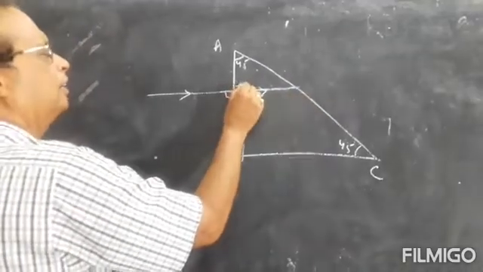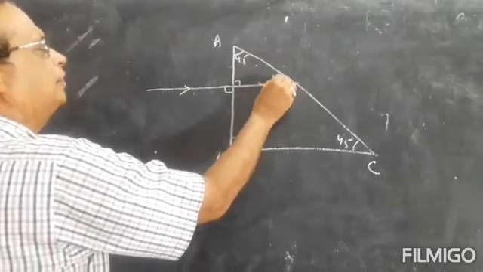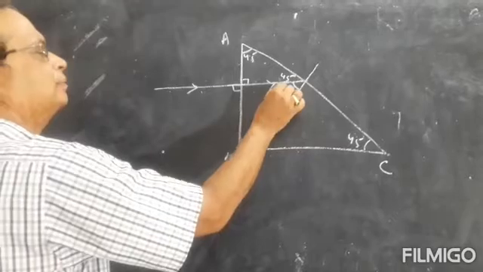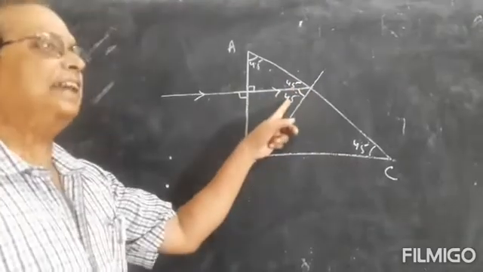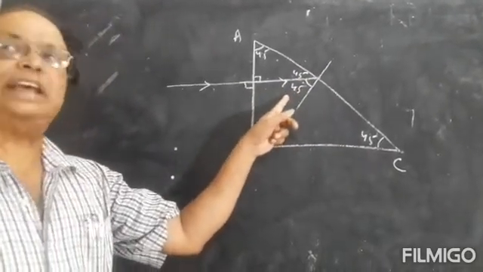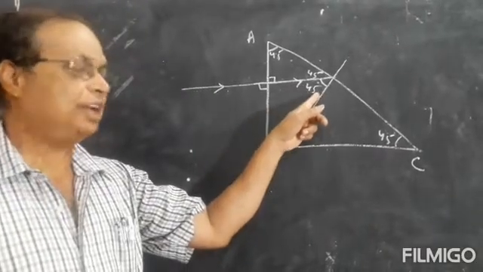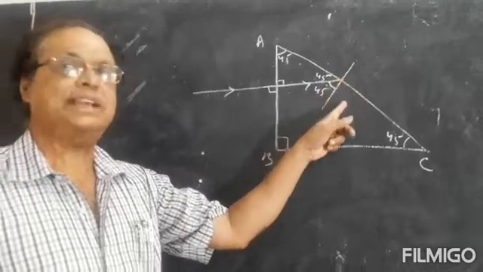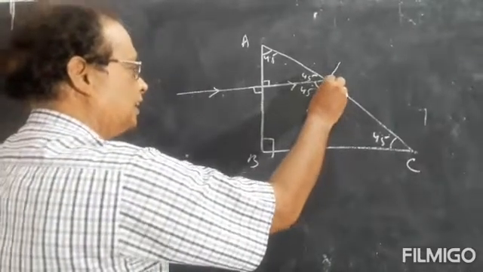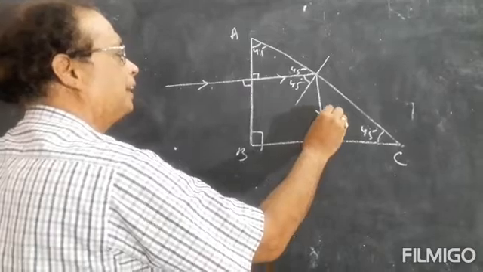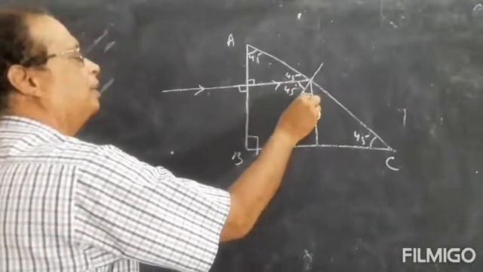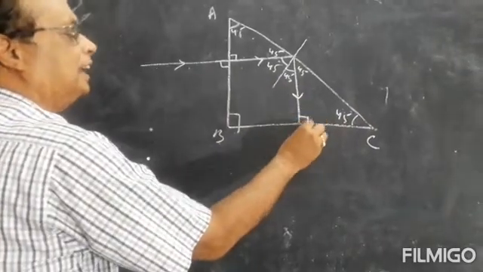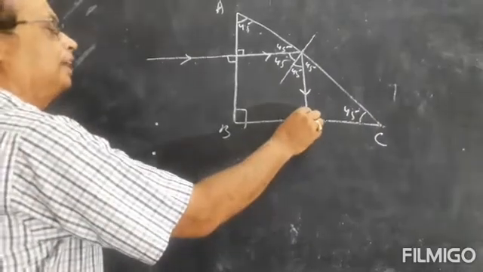Now here, this is 90, 45, how much is this angle? 45 degree. Now if you draw a normal here, this angle of incidence will be how much? 45 degree. Now this is greater than the critical angle. For glass, the critical angle is 42 degree. Now this 45 degree is greater than the critical angle, so no refraction. Total internal reflection of light will take place. So this ray of light will reflect like this. So this angle is now 45 degree. So this is 45. Now this is 45. So how much is this angle? 90 degree. So how will the ray come out? It will come out straight.